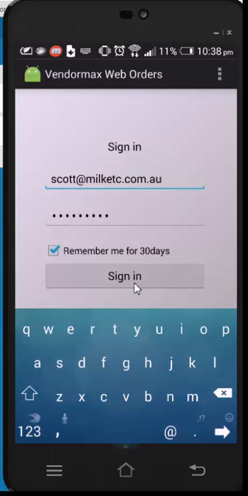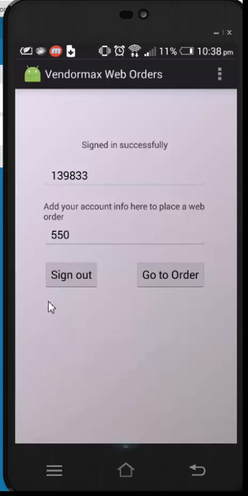Okay, so this email address has been connected to an account in the system. So that's my line account number, and account. Now, because I'm a customer, I cannot edit those, and that's my Supervend account number that email address has been connected to, 550, through the sign-in process. And if I go to the order,